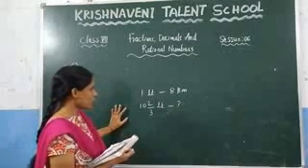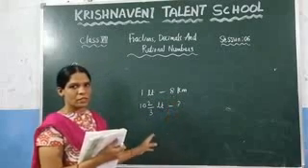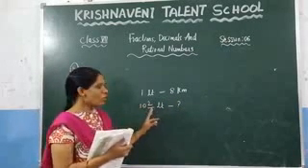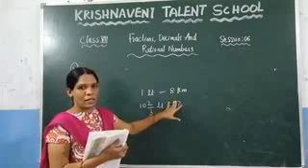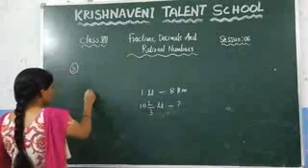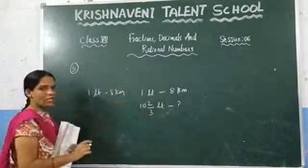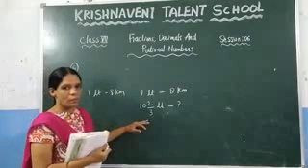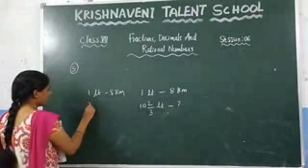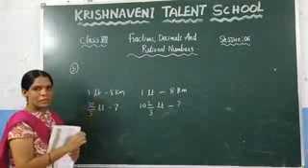What's the question given here? With 1 liter of petrol, the truck is traveling a distance of 8 kilometers. Now, if the truck uses 10 2/3 liters of petrol, how much distance does the truck travel? You need to calculate this here. First, how do you do it? With 1 liter of petrol, it is traveling 8 kilometers. You need to convert this into an improper fraction. So 10 3s are 30 plus 2, which is 32/3 liters of petrol. How much distance does the truck travel?